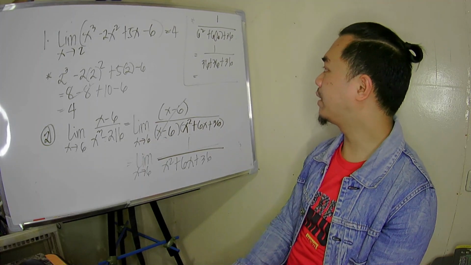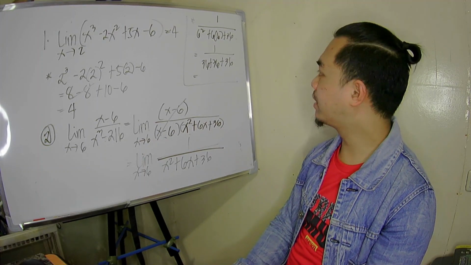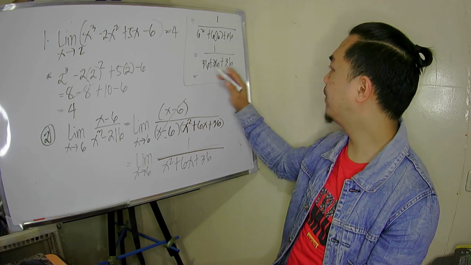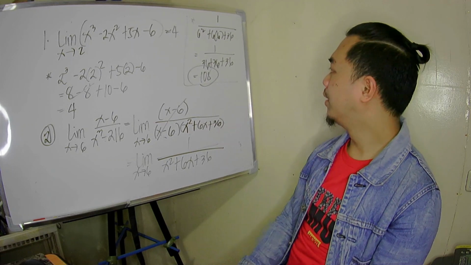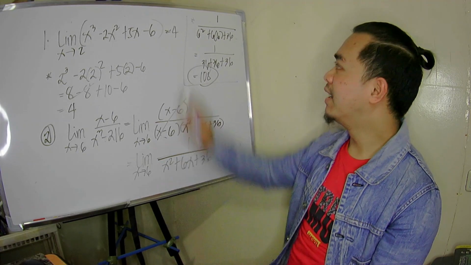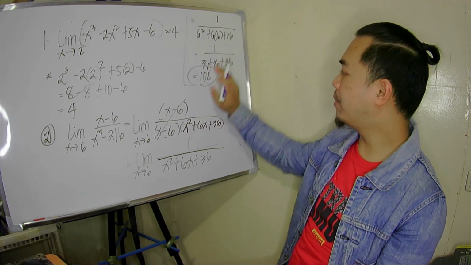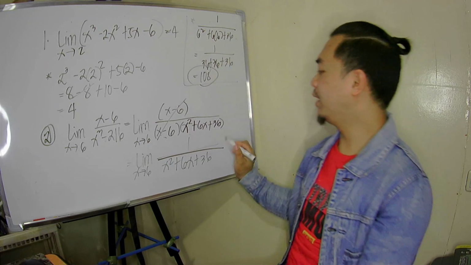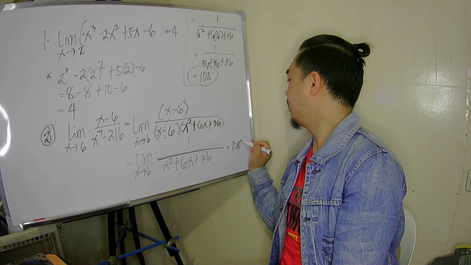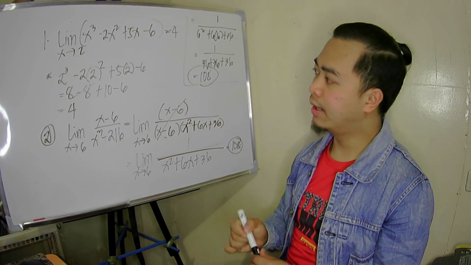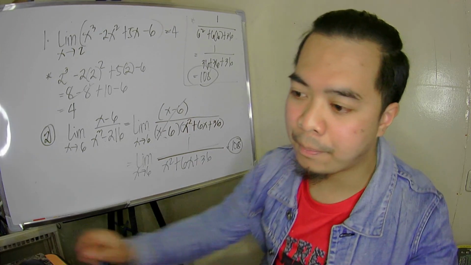Ano ba ang tatlong 36? 36 times 3. So that is 108. Yeah, 108. Meron na siyang value. Upon substitution, meron na siyang value. Yun na rin yung sasabihin natin na value ng limit, so that is 1 over 108. Okay, question before I erase this one? Let's move on to the third problem.